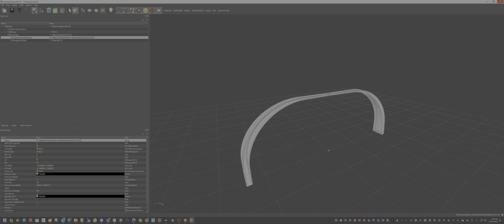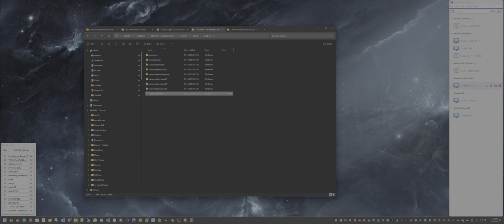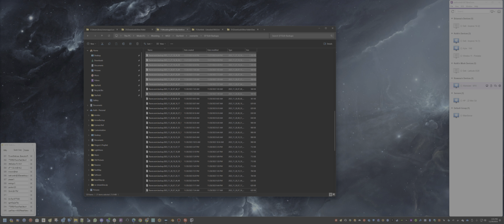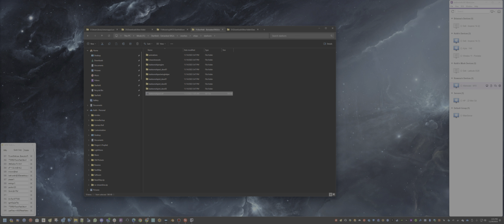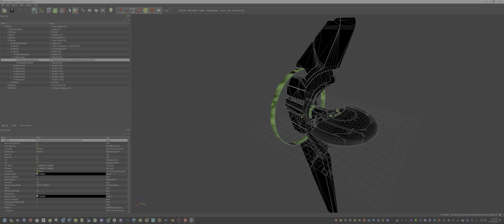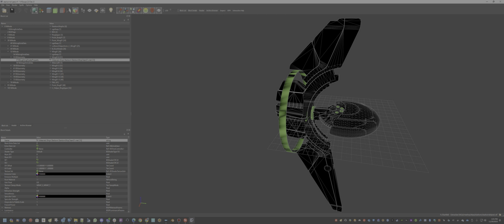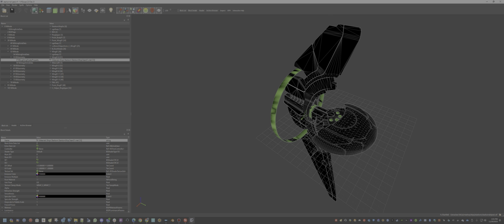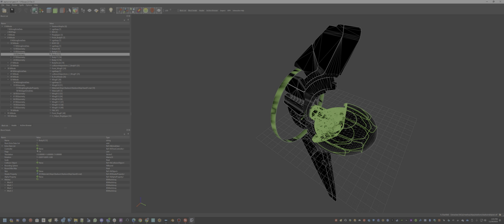Now, another thing is, for example, no, I don't want to save any changes to that. I'm just showing examples here. Let's go back to my Guardian ship. I mean, the Starborn Guardian ship. So, for example, on this, I made a ring, I made the glow around the cockpit. So what I did is I took this geometry